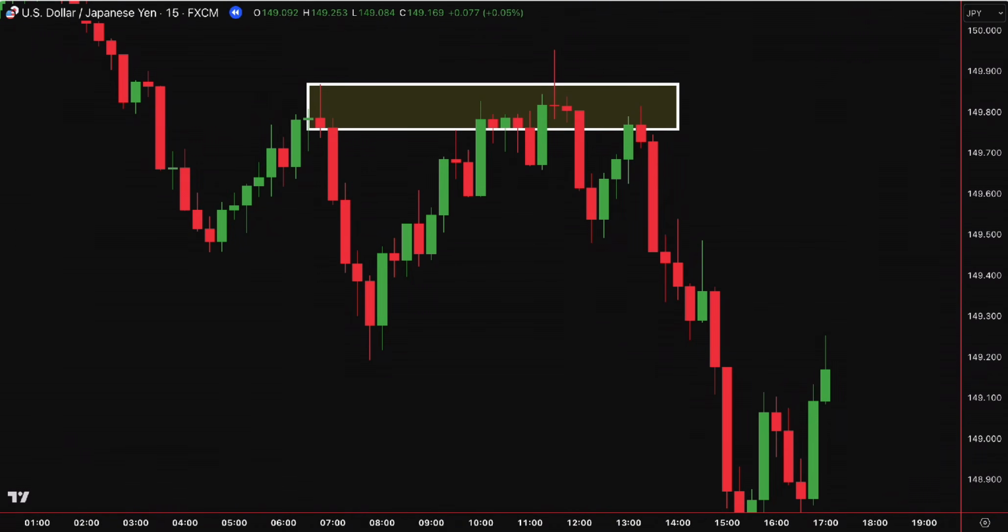So what does this mean for you? When you see a tailed bar with a long upper wick closing back inside a supply zone after a liquidity sweep, it's a clear, high probability signal to enter a sell trade. You're not guessing. You're reacting to evidence that institutions have taken control, and you're positioning yourself with the smart money,